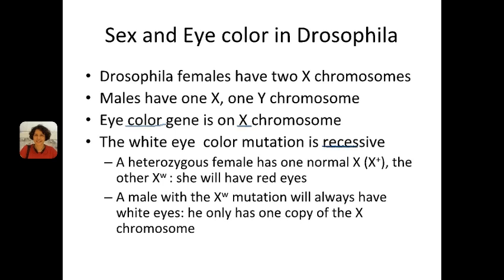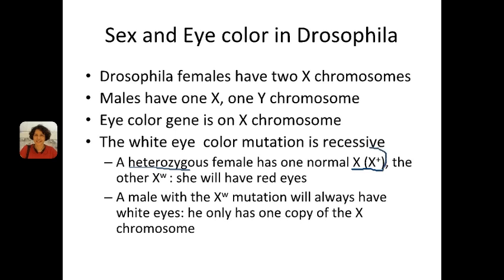is a recessive mutation. In general, a recessive mutation is one that needs to be present in both copies of a chromosome in order to be manifested in the phenotype of the organism. In other words, in this case, in order to be seen as a change in the eye color of the flies. So if you have a female that is heterozygous, meaning that she has 1 regular normal X chromosome, which